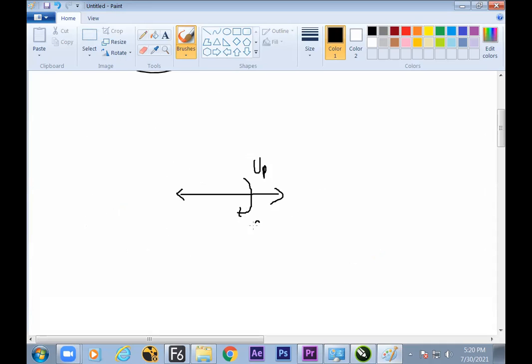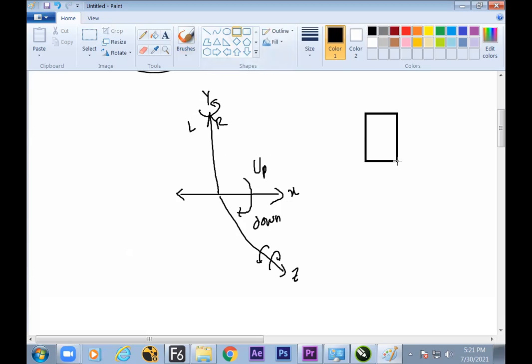Okay, now it's up and down. If an object is rotating up and down, this is called X coordinate rotation. And if the object is rotating from left to right, this is called Y coordinate rotation. Y, left to right. And if the object is rotating clockwise and anti-clockwise, then it is called Z coordinate rotation. By default, in any software, the object will rotate clockwise and anti-clockwise only. That is Z rotation, CW, CCW. So now we have understood what the X, Y, and Z coordinate system means.